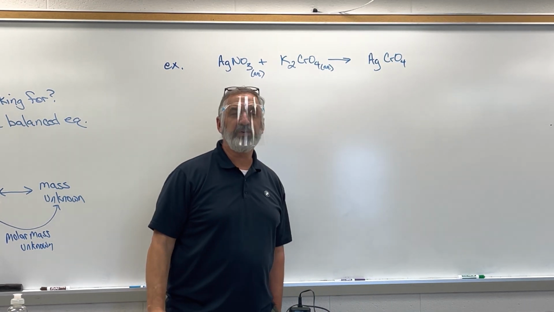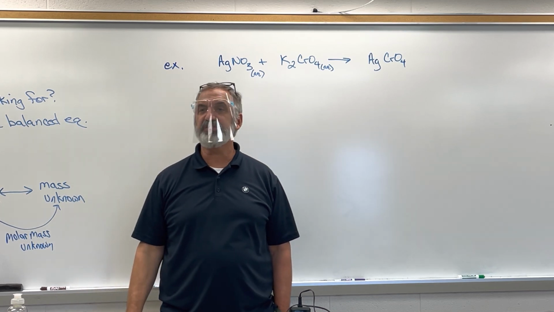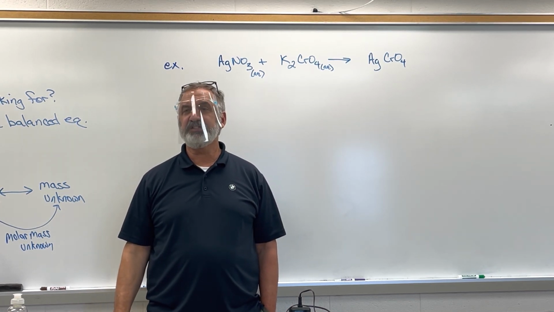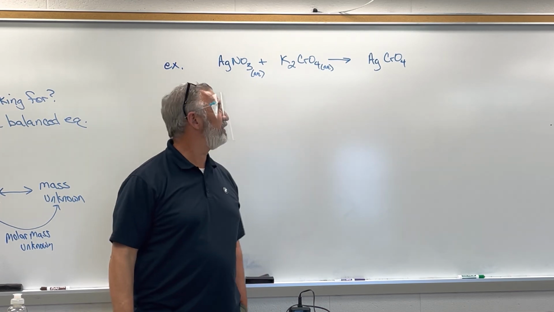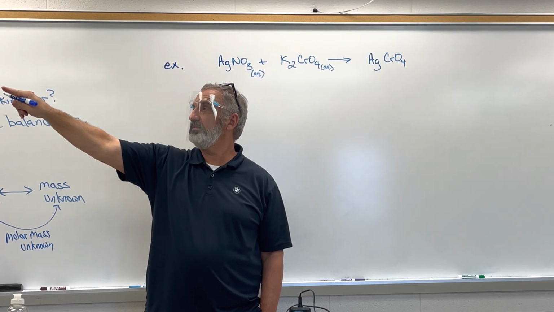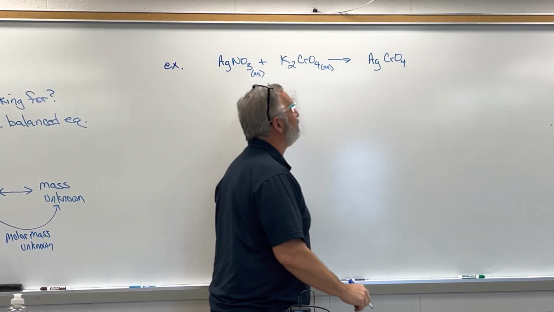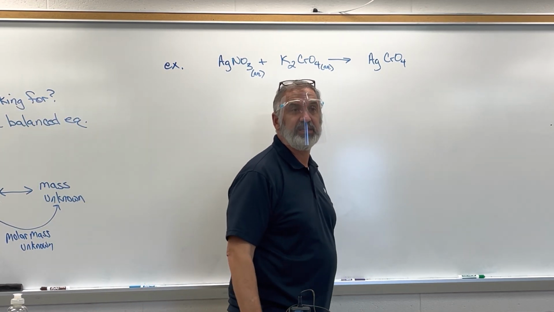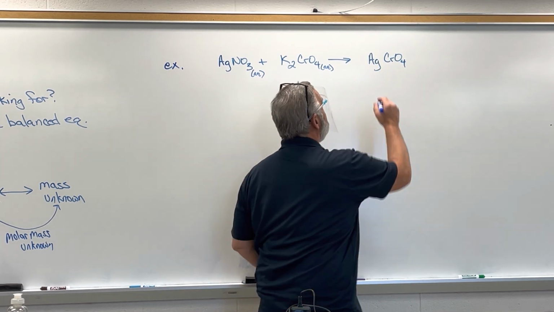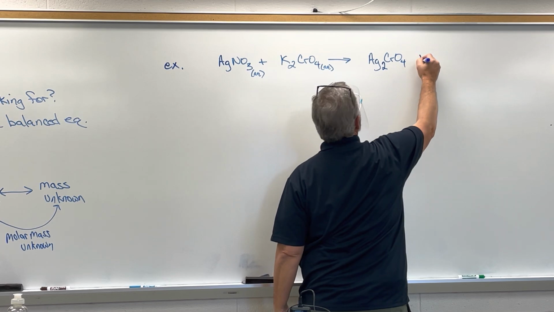So we look on your periodic table and you see the charge for silver. Anyone got theirs out? Silver is going to be +1. Chromate, we look up here. It's right in the middle of the 3rd column. -2. So the formula is going to be, if this is +1 and this is -2, Ag2CrO4 plus